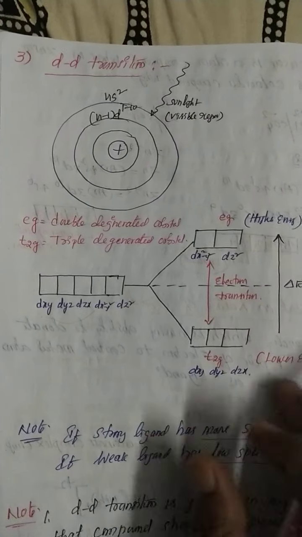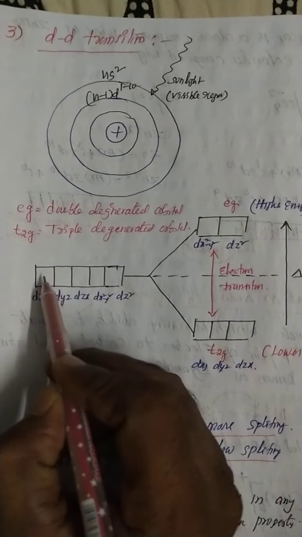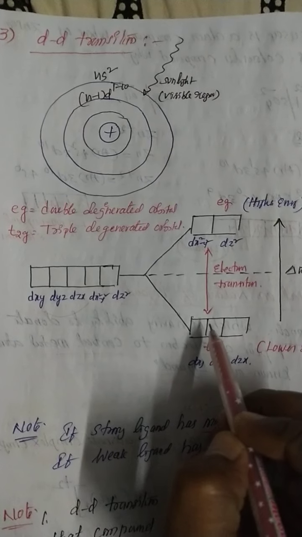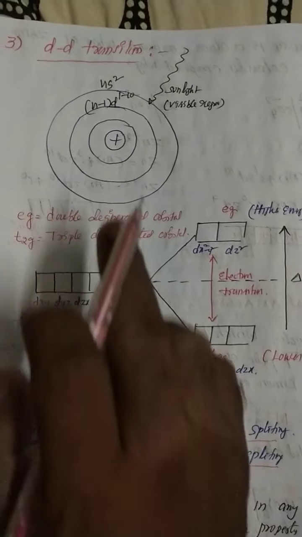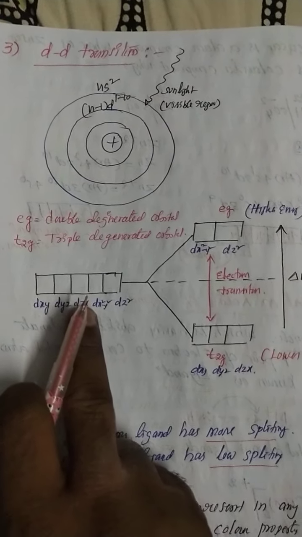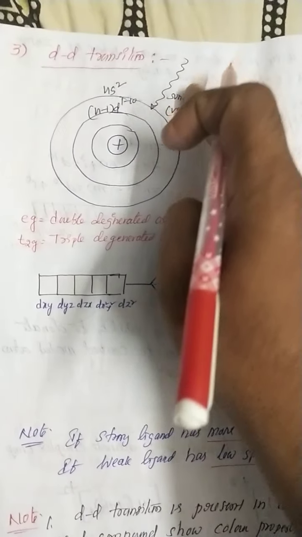That compound definitely shows the color property. For example, what is the d-d transition? Here maybe three unpaired electrons are there. These unpaired electrons are present in the compound. One compound has a d orbital with three unpaired electrons. If sunlight falls